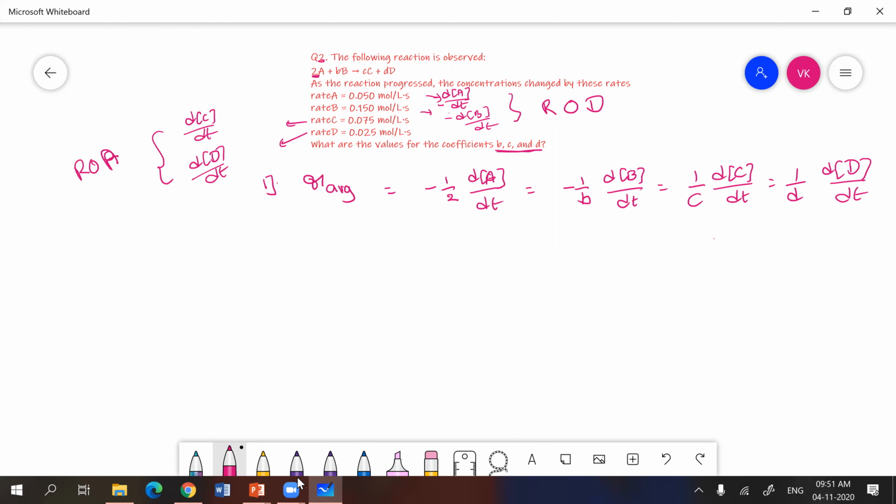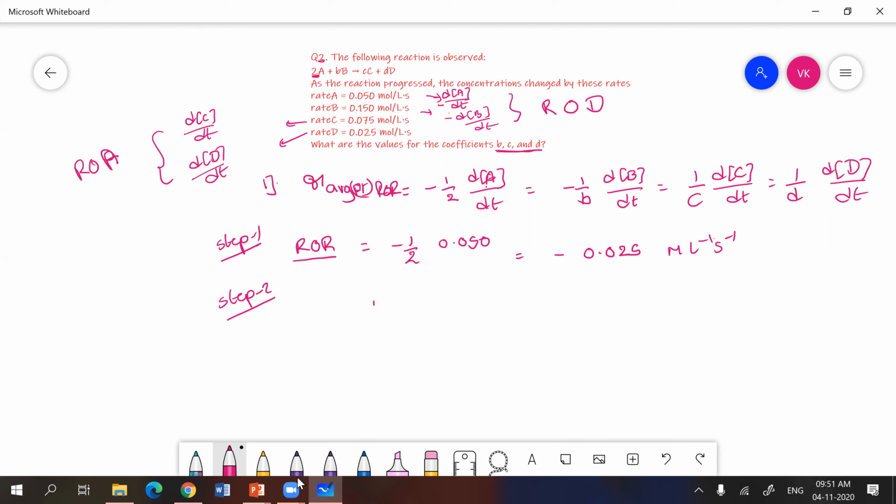Now what are they asking? First we have to find the rate of reaction, right? Step 1, we are finding the rate of reaction so that we can equate all the remaining terms to find these constants. We already know the constant value as well as this term. How much is it? 0.050, that equals minus 0.025 moles per liter per second. Okay, you got the rate of reaction. Now, step 2, find the B value.